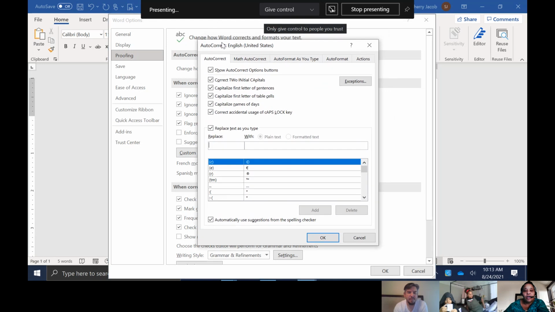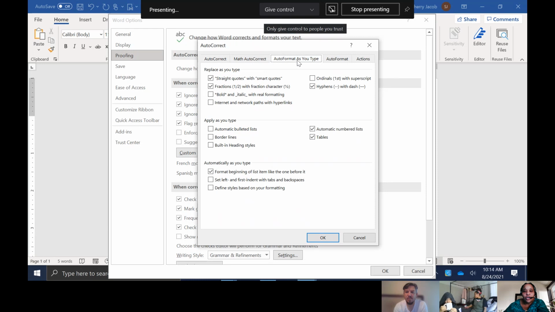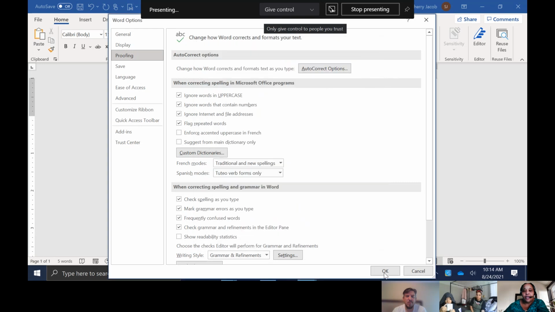And then you have all of these different things that you can get it to do for you automatically. And you want to go into the auto format as you type. And here you will see ordinals first with superscript. So if I check this, okay, and click OK and click OK again,